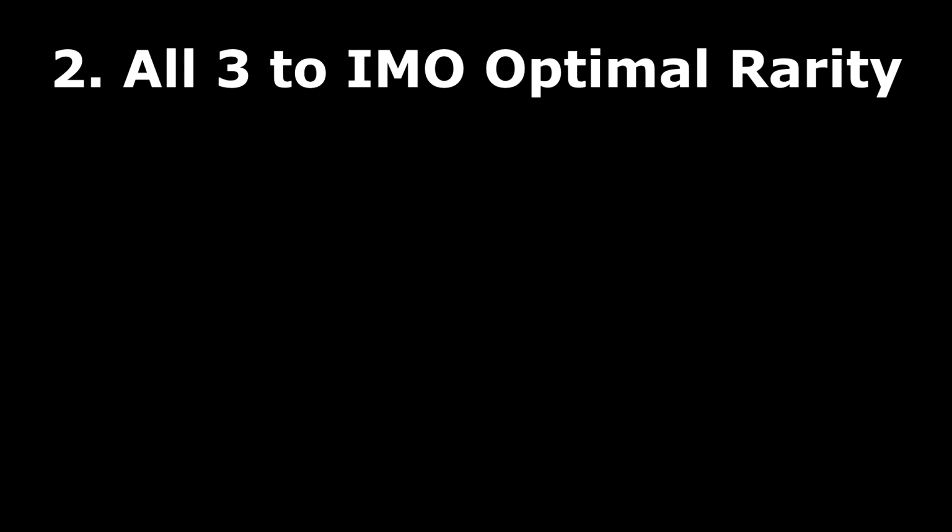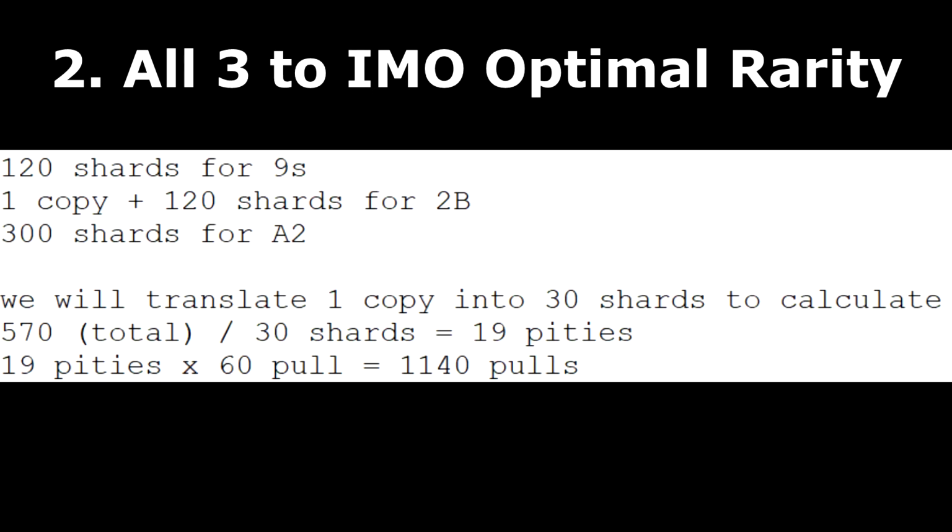So again, as per usual, we will translate that 1 copy of 2B into 30 shards for the calculations, which gives us 570 divided by 30 shards to get 19 pities, and then we multiply that number by 60 pulls to get a total of 1,140 pulls, and then we multiply that by 250 black cards per pull to give us a total of